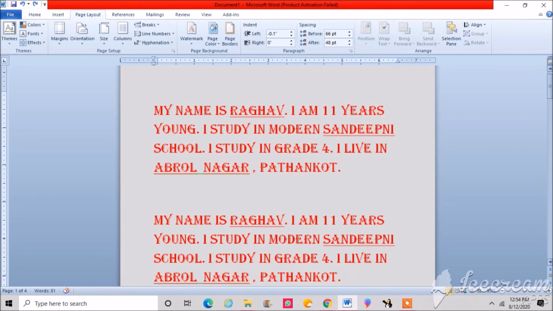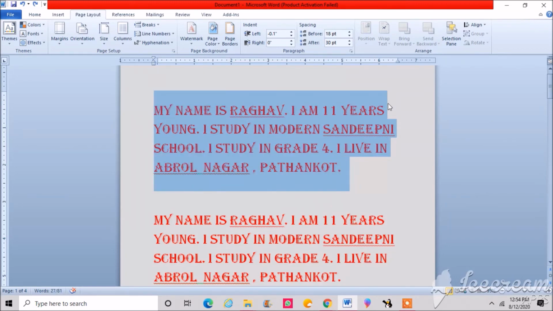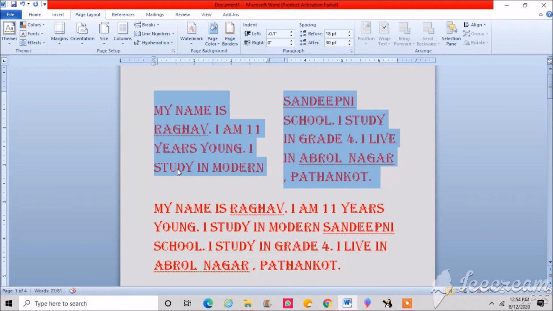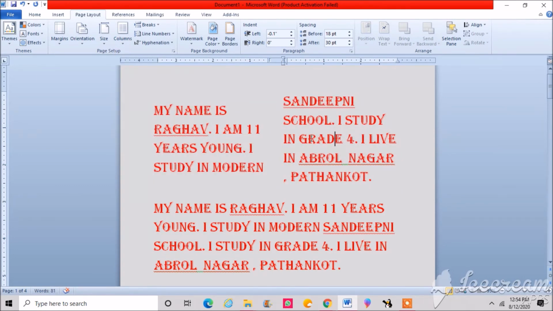Now we will learn how to insert column and column break in a document. For that, first of all we have to select the text. Suppose in this paragraph I want it as a column. Then I will select this paragraph and I will click on the column option which is present in the layout tab, page layout. Okay, I'll click here and you can see the column option is there. When I click on it, a drop down menu will appear. As many columns as you want, you can click on that. Suppose I want 2 columns, I will click on 2. My paragraph is divided into 2 columns. In this way you can create the column.